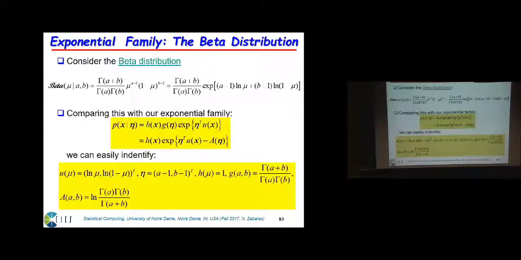I think I may need this if I have time for my example. For the beta distribution, you can also write it as an exponential family distribution. The natural parameters, which you may want to remember because I may use this on the fly, are a minus 1 and b minus 1. So a and b come in the moment parameterization. Eta comes out to be that; there's no algebra really, it's just looking at it. And then this function alpha comes to be the log of the gamma function of A, gamma of B, divided by gamma of A plus B.